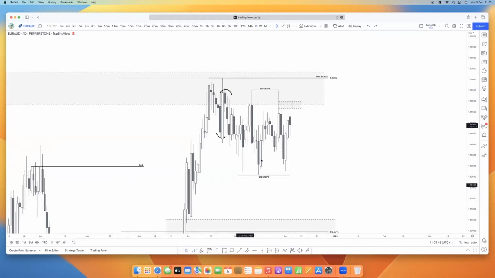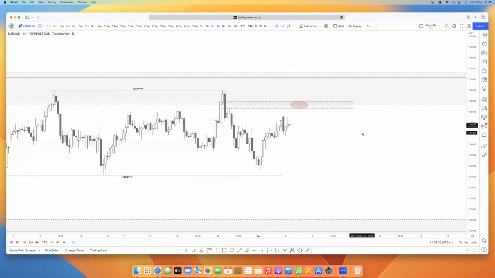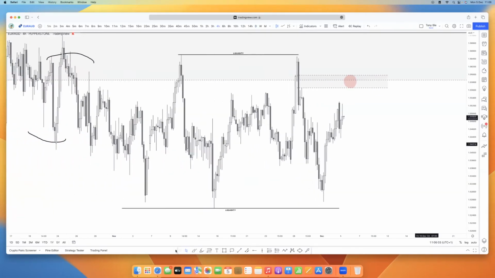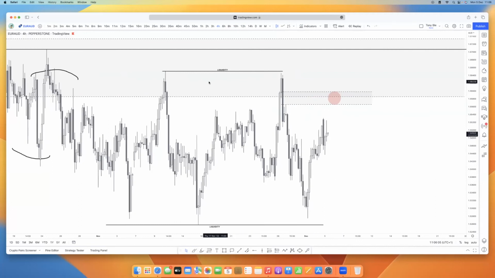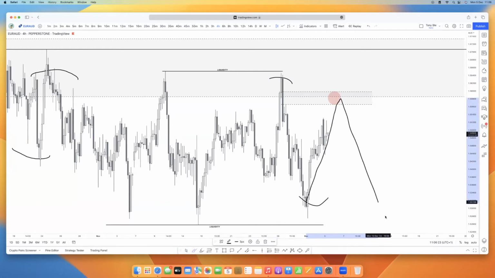All right. So let's scale down. On the daily time frame, you can see the liquidity to the upside and also the liquidity to the downside, right? So we have liquidity both to the upside and to the downside. On the 4 hours now, this is what I am seeing, which I sent out to you guys also. We have these equal highs, there's liquidity there. Down here, there's liquidity here. On the 4 hour, we have this structure within the structure that is showing bearishness. Okay, this low, this high, and then this low. So more like a retracement to the upside and then price should dump.